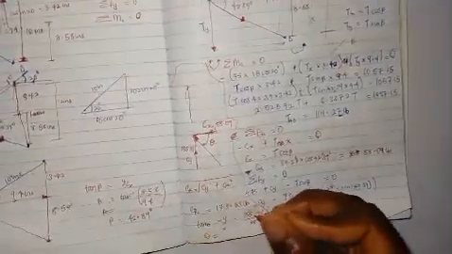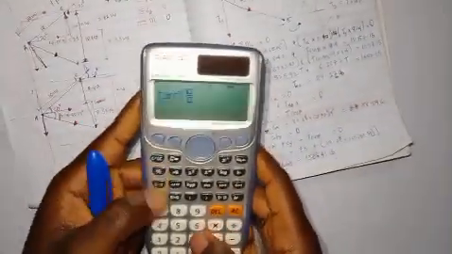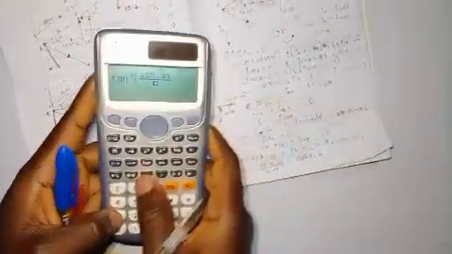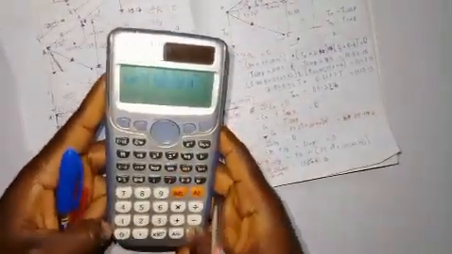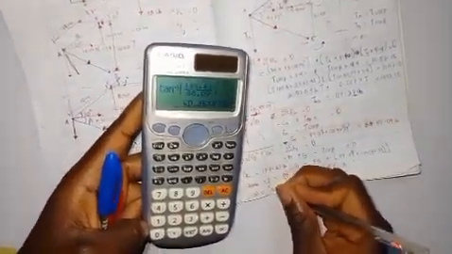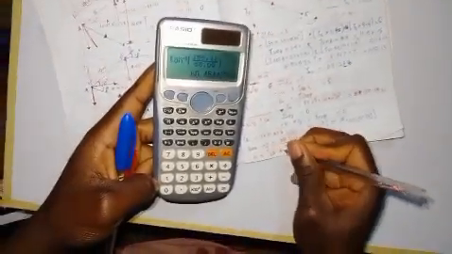So let me use the calculator to solve this. That means your resultant, your reaction at C, is being inclined with x at 60.45